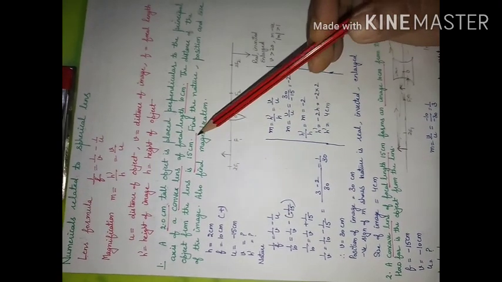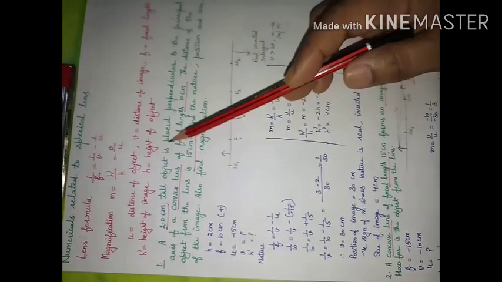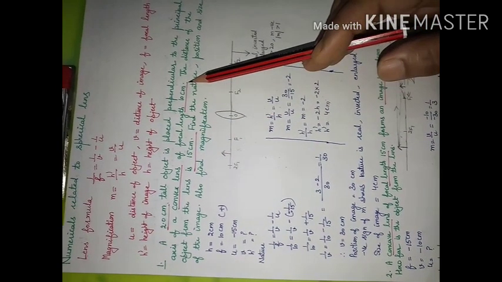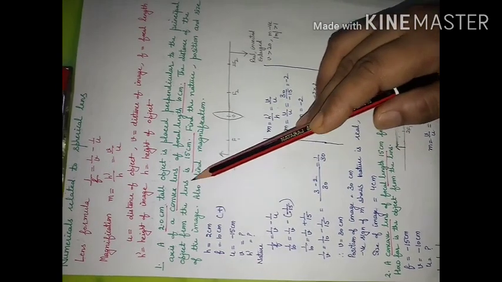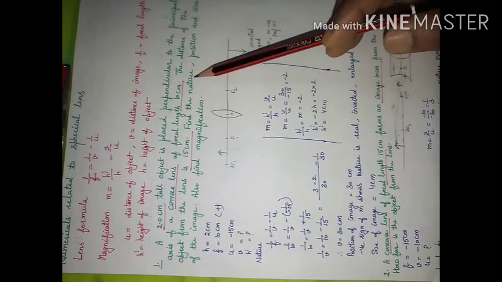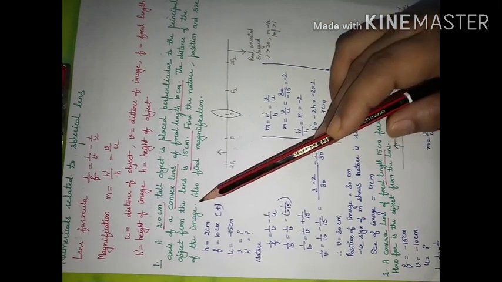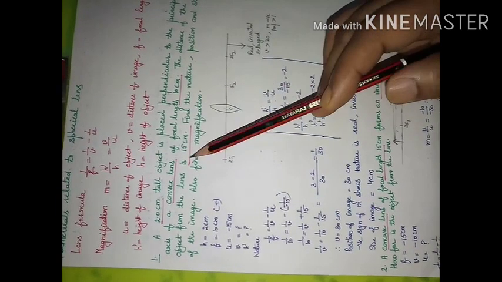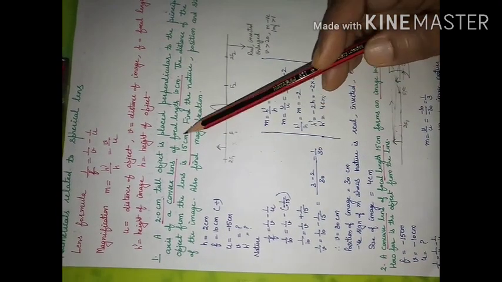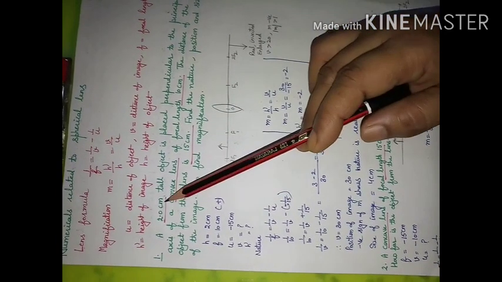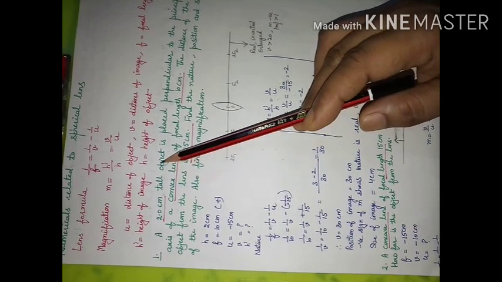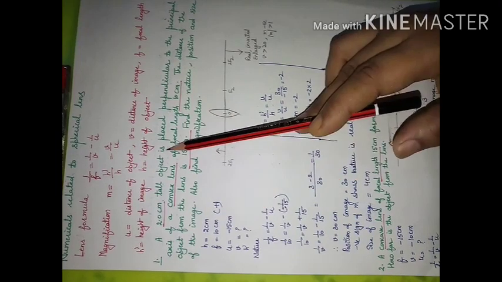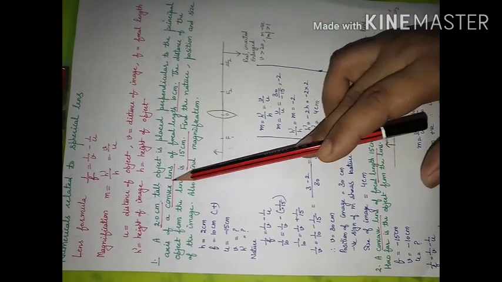Let us consider the statement of the first question. A 2 cm tall object is placed perpendicular to principal axis of a convex lens of focal length 10 cm. The distance of object from the lens is 15 cm. Find nature, position and size of image and also find magnification. So where we have to focus first is what is given to us and what is asked. What is given? A 2 cm tall object. It means this is given the size of object. So h is given to us. H is 2 cm.